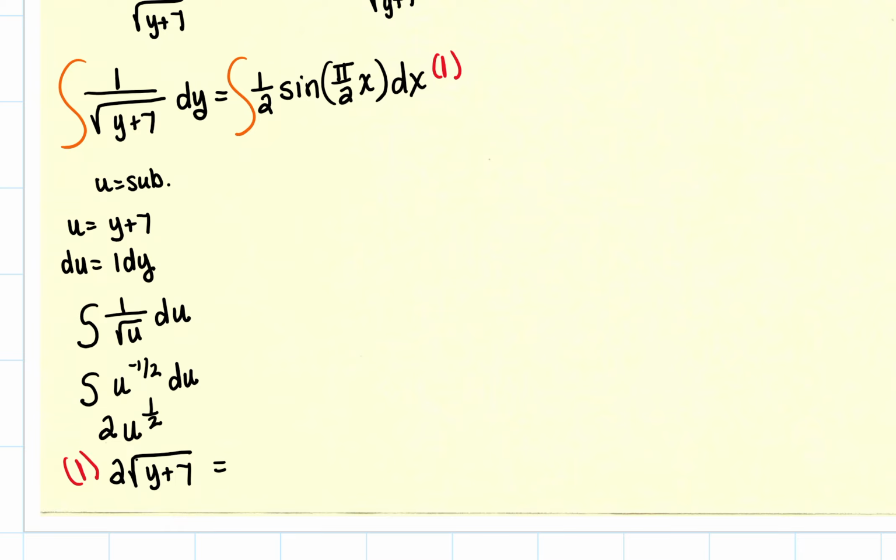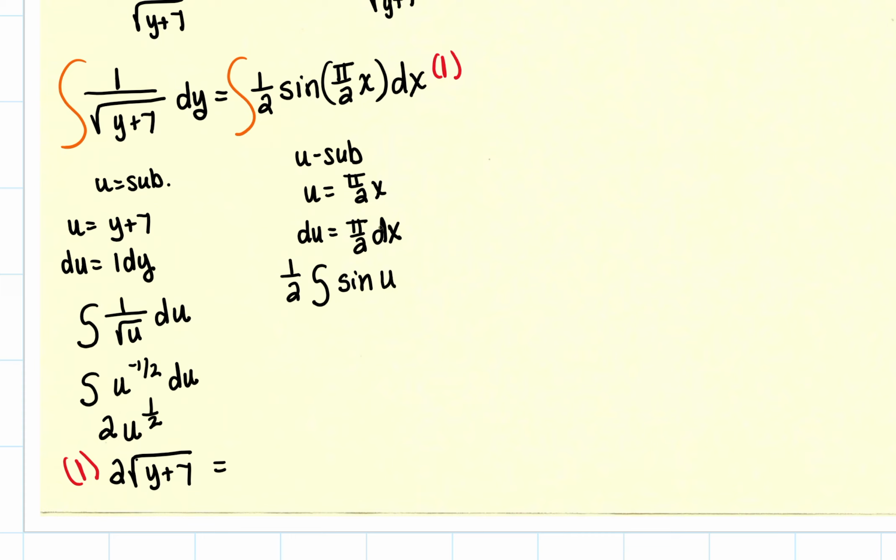Now let's integrate the other side. So over here, we're also going to need a u sub. So we're going to let our u be pi over 2x. Then du, or the derivative of u, is just going to be pi over 2 dx. All right, so let's go back. Now, I like to take my constants and put them out front. I just always do that. So I'm going to have 1/2 the integral of sine, but where that is, we're going to put a u,